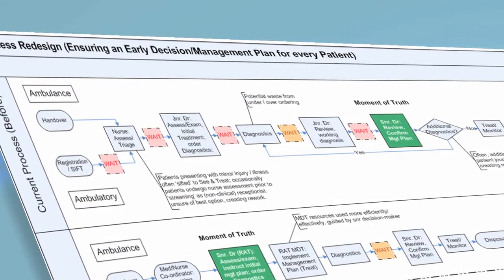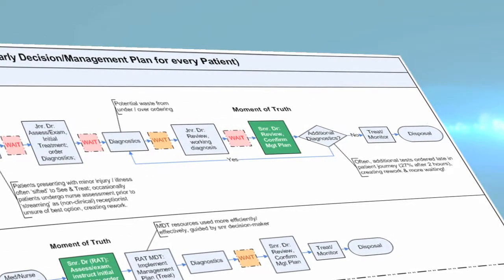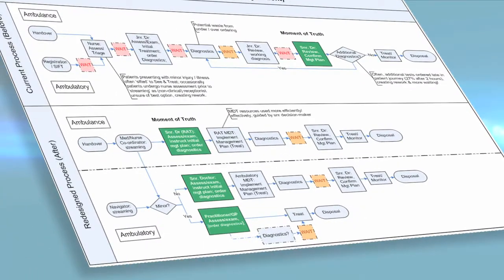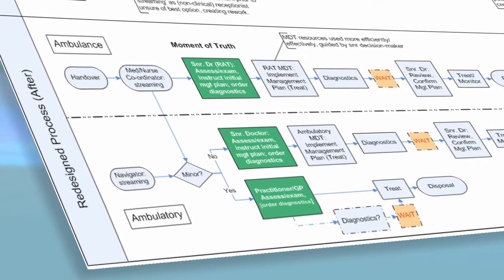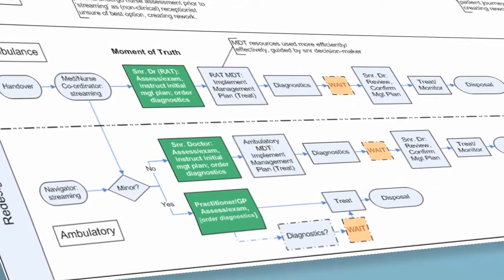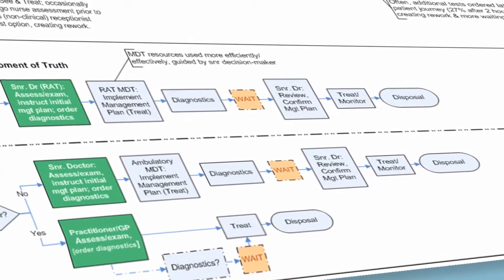We actually process mapped the patient, and I have to say, when we wrote down the patient's journey on paper, for somebody who had worked inside there a long time, we knew there were improvements to make, but it was a really messy process. And what we've looked at is that process and trying to stream it so that a lot of the decision making or the diagnostics are done as the patient comes through the door, and the only waiting will be for results or effects of treatment, cutting out again a lot of that non-value time that a patient experiences in the